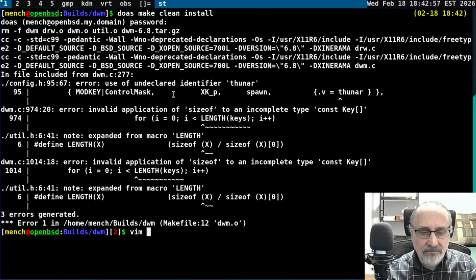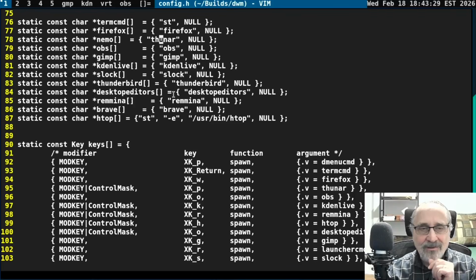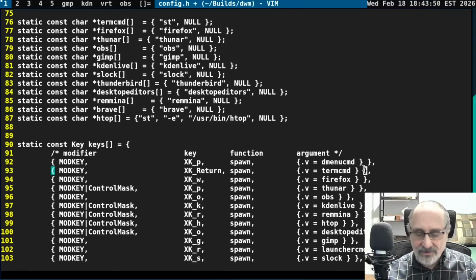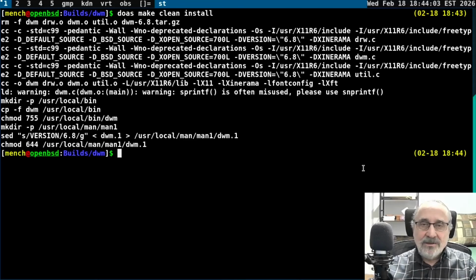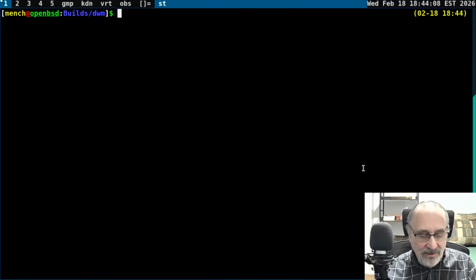Let's vim into config.h. I forgot something. On line 78, you have to put Thunar in twice. Okay, so on line 78, I have to put Thunar in twice. And then on line 95, you have to put Thunar in at the end. Now I got to save the file, and I got to rebuild the system again, and it worked. And now you have to log out and back in, or my configuration file has